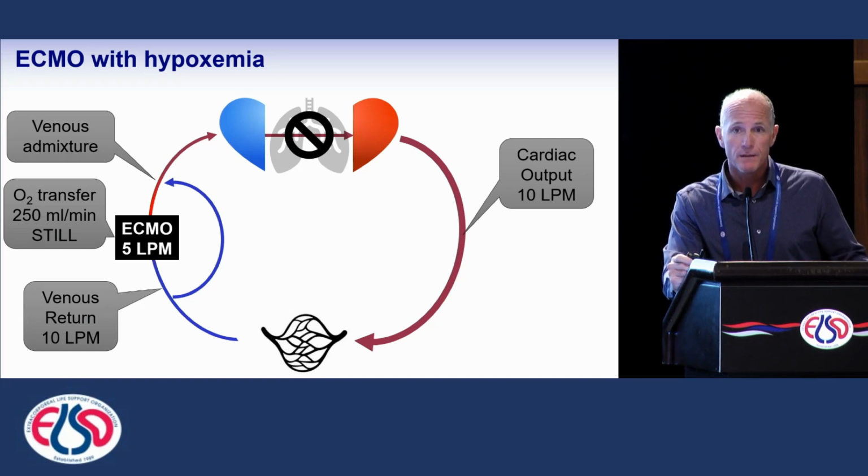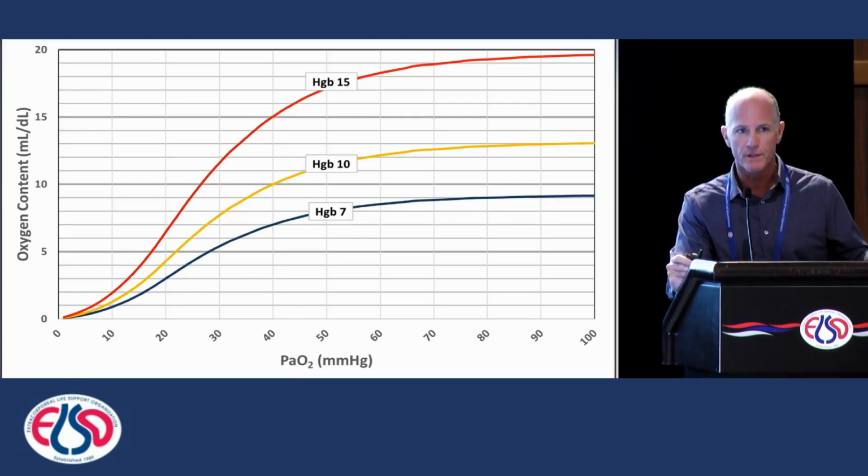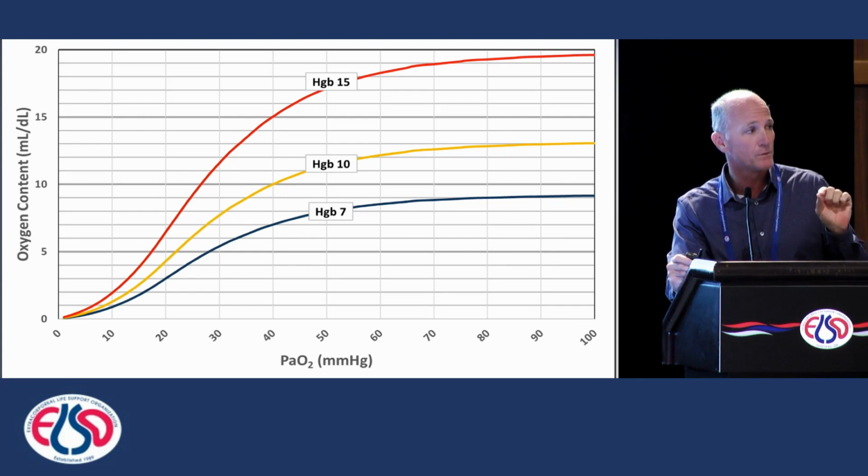What the plan should not include is terminating physical therapy. It should not include increasing the ventilator settings. It should go back, this is a very similar graph to what Dr. B showed yesterday. You should go back to the hemoglobin or the oxygen content of arterial blood, the CaO2, and